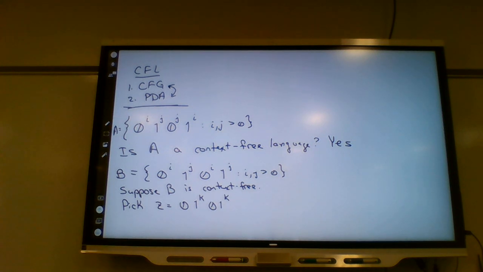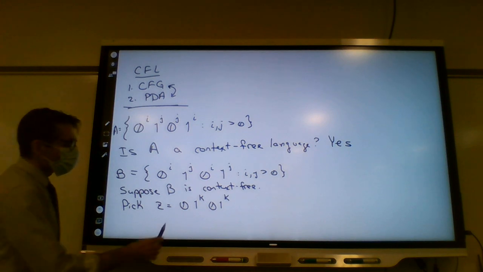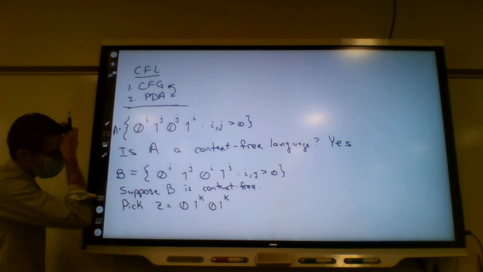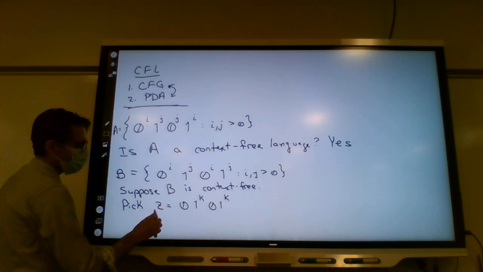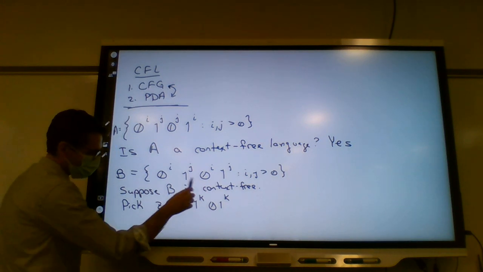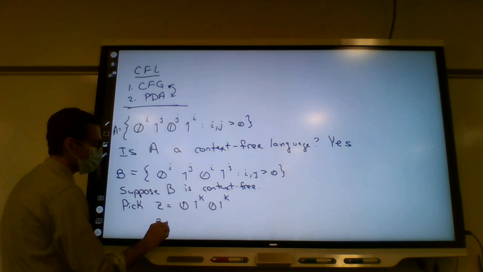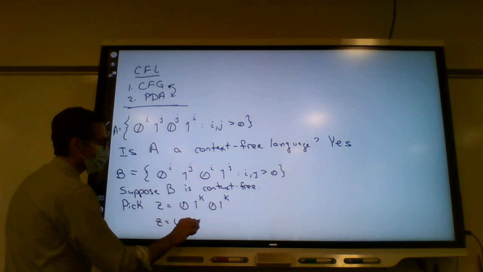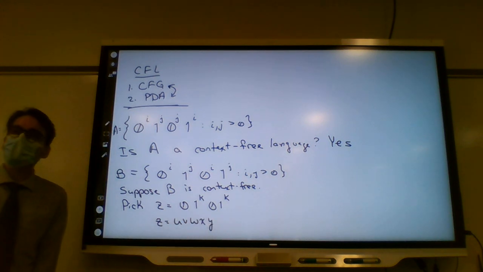We'll see if this works. I haven't thought through this example for a while. So let's just pick a string that might be long enough. I mean, it's definitely long enough for the k, but let's see if we can pump this. All right, so what's going to happen? Since the language is context-free, we can write this in this form,